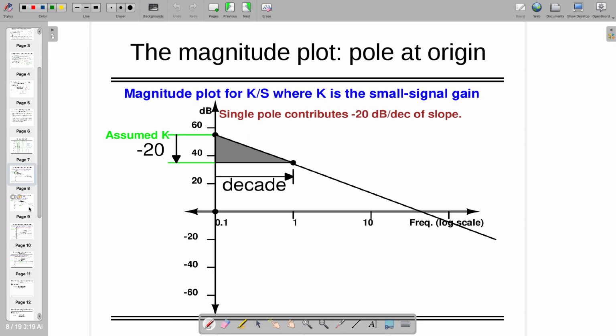Now, let's assume that when you are starting the Bode plot, it has only this transfer function, k by s, right? Where k is the small signal gain, and you just have this transfer function, k by s. Then what you need to do? You need to go to 20 log k,